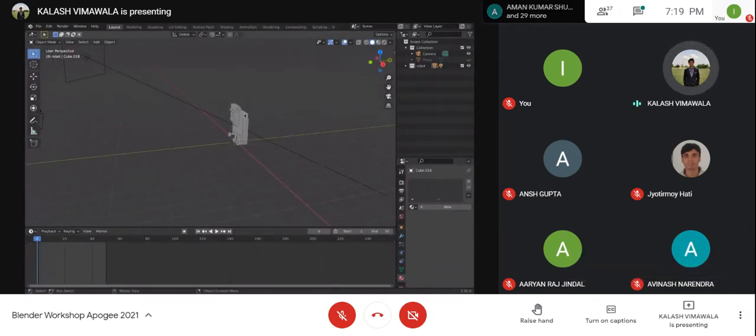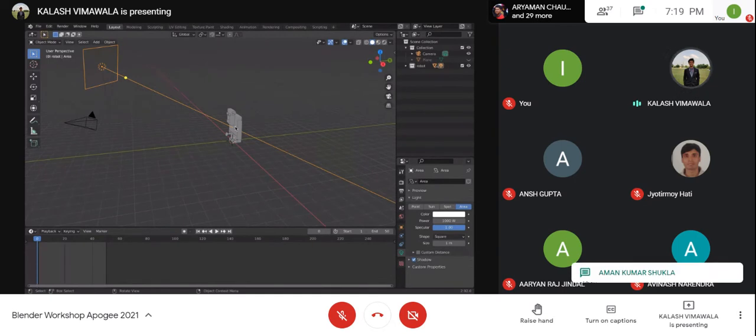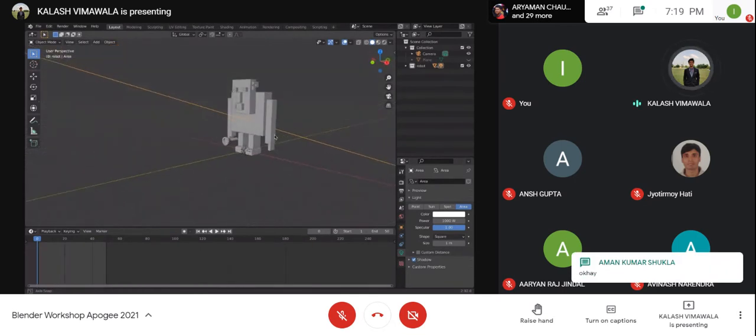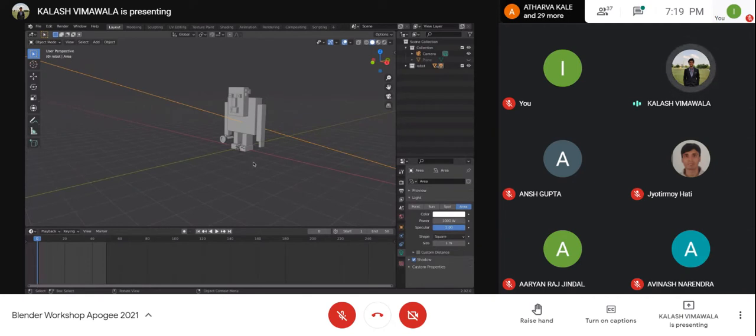In this scene, as you can see, we have an area light over here. If you click on that, you'll see area light. And this is the model that we had rendered earlier. So what we can do now is start shading it.